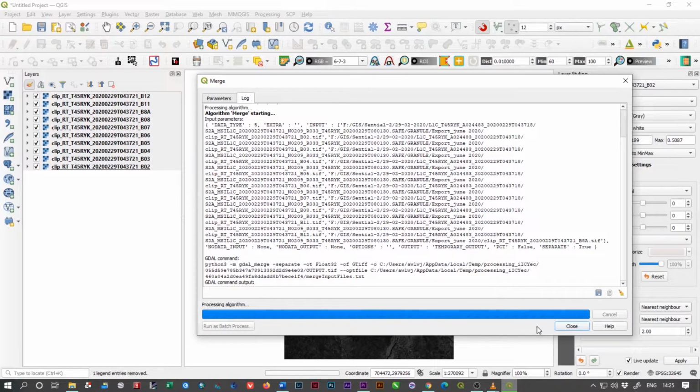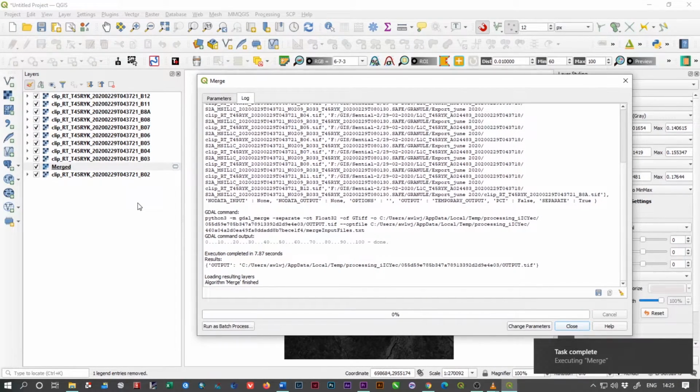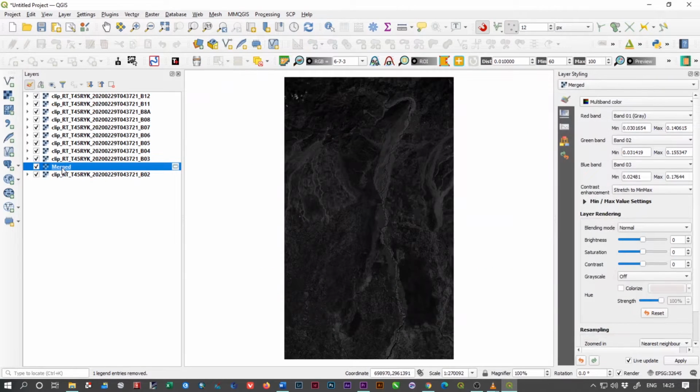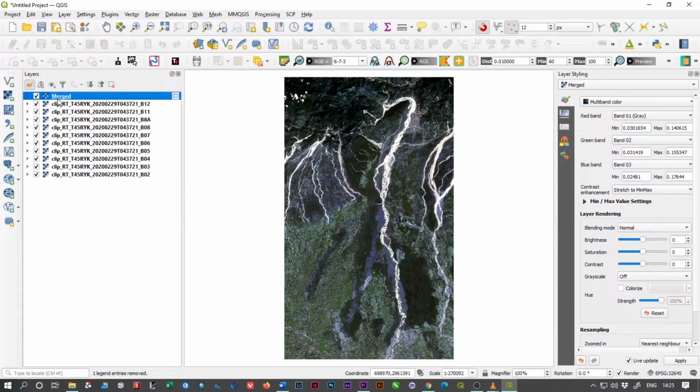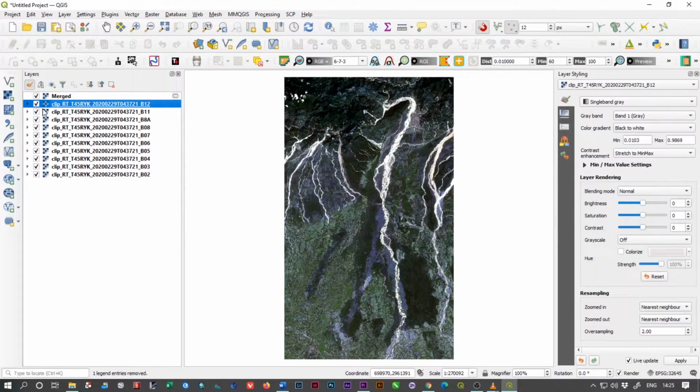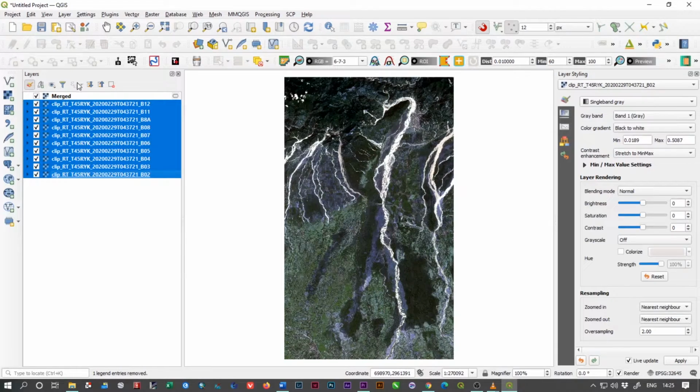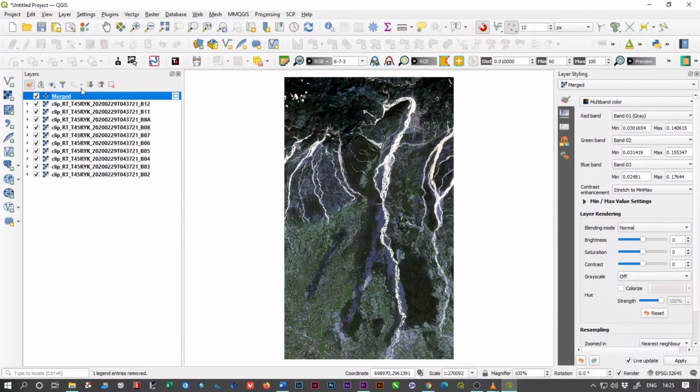It will take some time, and you will get the merged satellite data layer, and it will have all the properties of the 10 single bands. So our process is completed, and we received the merged layer. I'm going to place it at the top of this layer panel, and we are going to deselect all the layers except the merged layer.